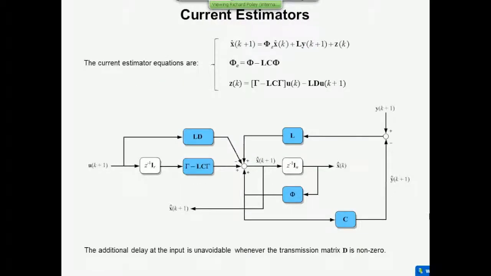Now, unfortunately, there is a problem with this because if you think about it, everything now is in the same sample interval. I've got the estimate of the state in the k plus 1th interval. I've got the measurement of the output in the k plus 1th interval. And I've got the input in the k plus 1th interval over here. So can you see what's going to happen? Right? I estimate the state, which is needed to produce the input u, and the input u defines what y is, and I needed y in order to produce the state estimate. I'm in this endless loop here, because everything's happening at the same time, and I don't know what to do first. It's called an algebraic loop.